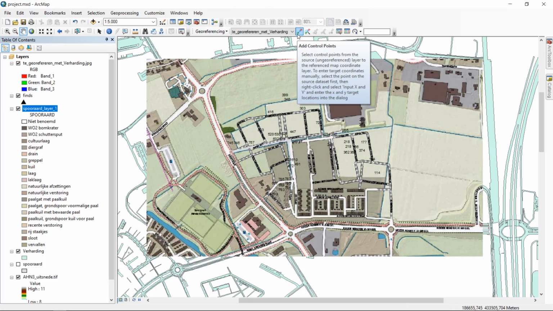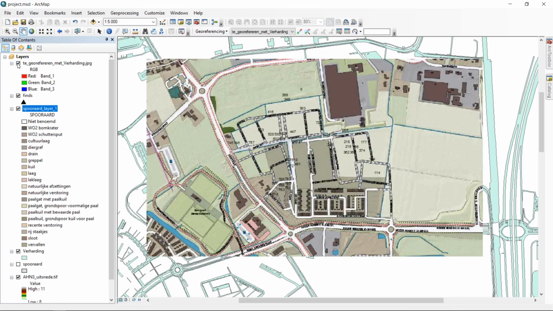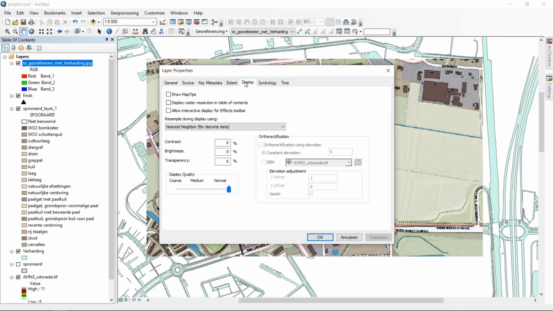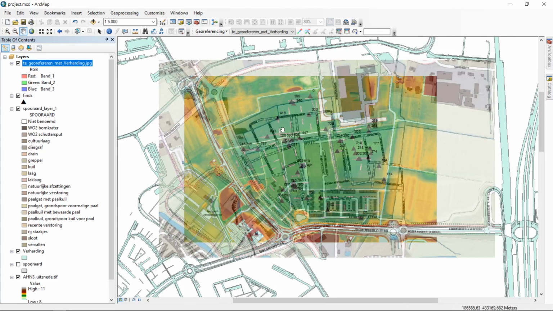So we're now going to start the process of adding these control points. In order to do that, it is important to make sure we can easily switch between these two files, so that we can either do that by turning it off and on and looking for reference points. Another way to do it is to go to the properties of this file, go to the display tab and set its transparency, for example, to 50%. So we are able to look at both the information on the topography raster as well as the information that we already have in our ArcMap